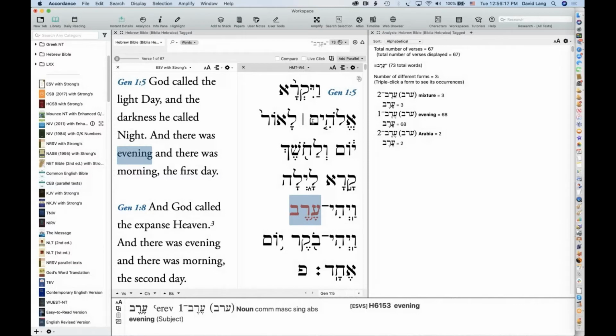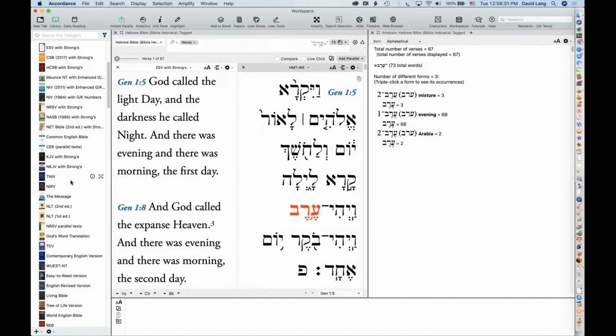All right. Any other questions? Yeah, we have quite a few. Is it only the ESV that's linked to the Strongs? Is there a way to do these search texts with other English texts? Yes, we have quite a few texts that are tagged with Strong's. The ESV is one that's included in most of our packages.